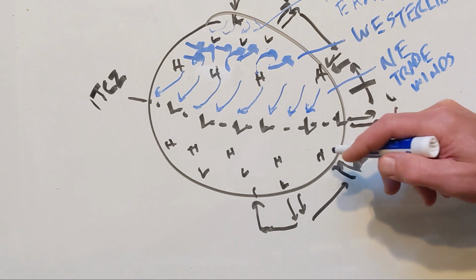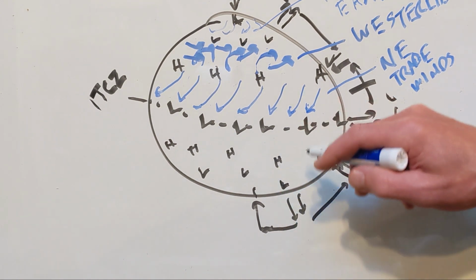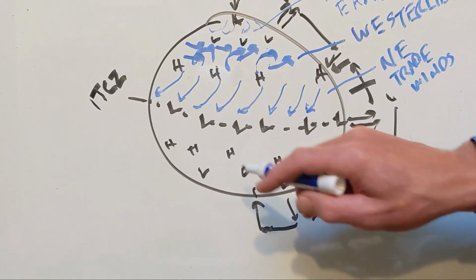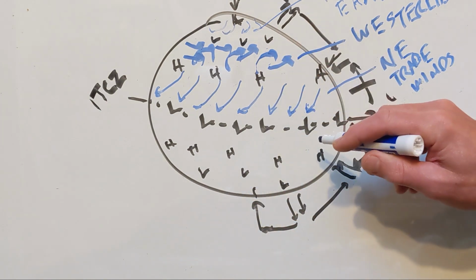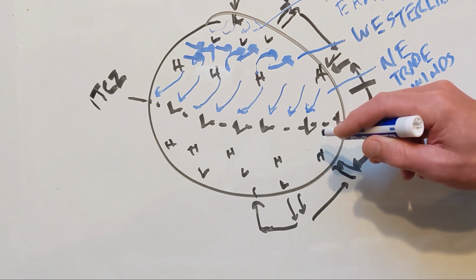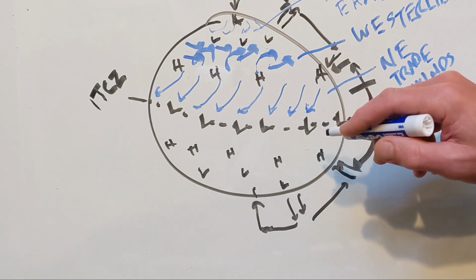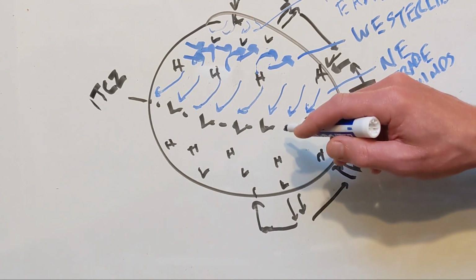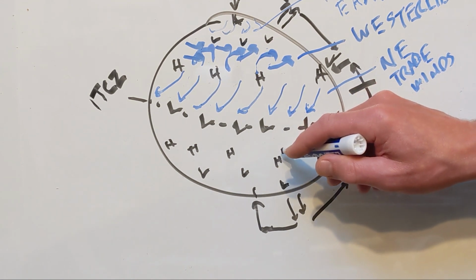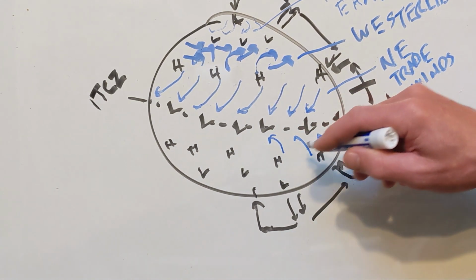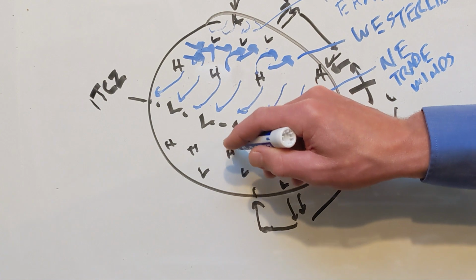Now let's do the same thing here in the southern hemisphere, and I apologize, it's a little bit cramped with the way I drew my globe. I should have made my globe a little bit less squished on the bottom, but you can get the idea here. Now again, remember in the southern hemisphere, the Coriolis force works in the opposite direction, and so that means it would go from the high to the low, but it's deflected to the left. Remember, it's deflected to the right of where it would go in the northern hemisphere, but in the southern hemisphere, it's deflected